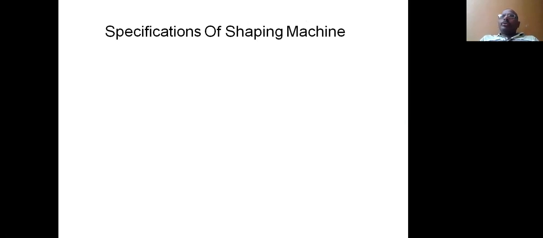So far we have discussed the construction of a shaping machine, regarding the important parts of a shaping machine. A shaper machine consists not only of these eight parts, it consists of various elements. In order to provide motion, it requires a number of gears, pinions, and joining elements. But there is no need to consider all the parts as important parts. These eight parts are very important for functioning, and the remaining function is just to assemble or to provide motion or movement for the ram only. But these are the basic construction.